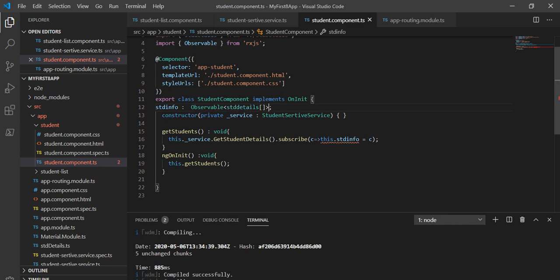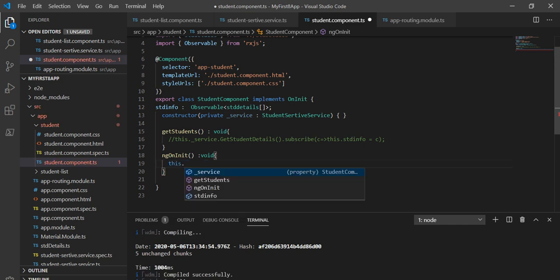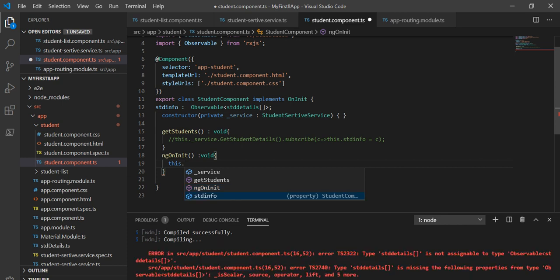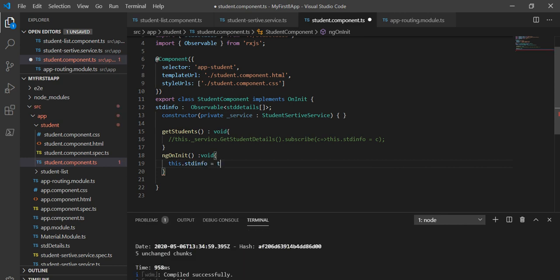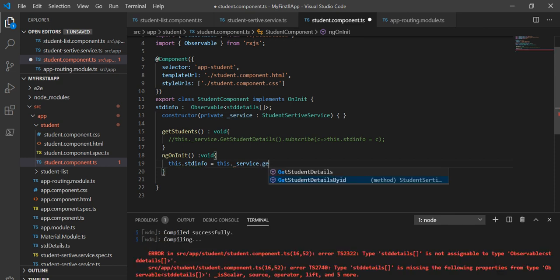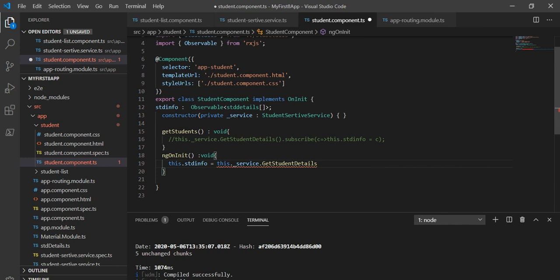And another thing I am going to do is simply comment this line, remove it, and directly from here I will assign this.studentInfo equal to this.service dot, and I'm going to take the full student details.